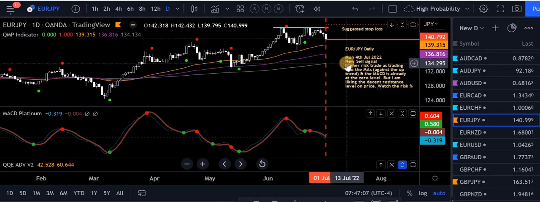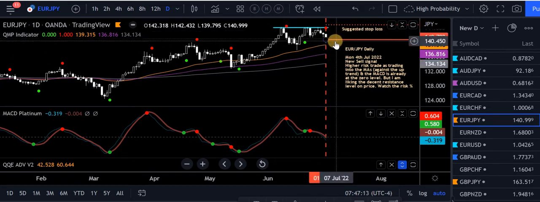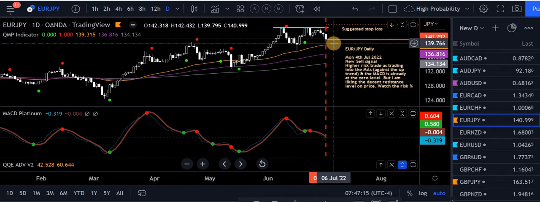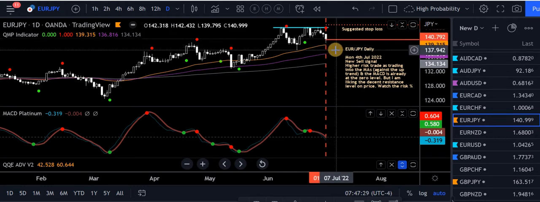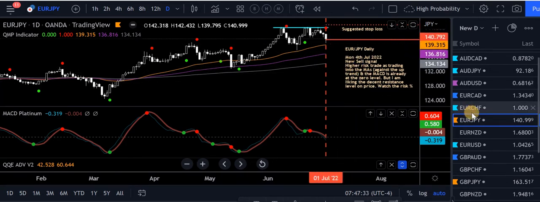I've already set up my, it's actually a pretty big stop. It's about 400 pips, I think, so it's a big stop. Doesn't look like much, but this is the daily chart. This is a pair that does move. So I'm ready to place my trade on Monday morning. I know my risk. I know my approximate stop level, you know, the pips. So it's good to go. So it's a bit of preparation. That's all it is for Monday. So new sell, Euro Yen, Monday, slightly high risk trade.